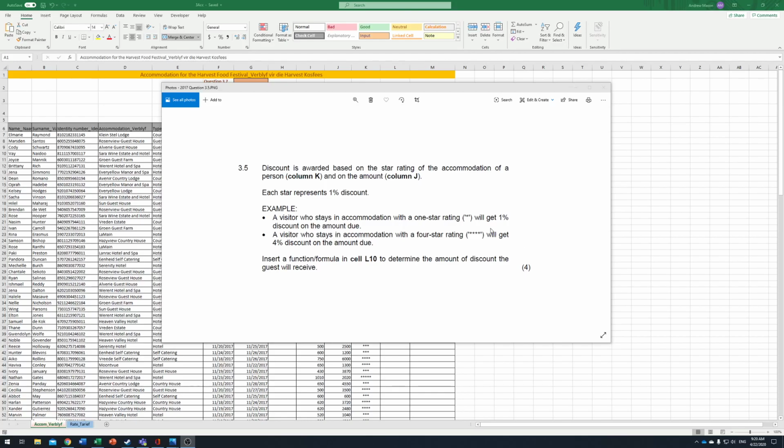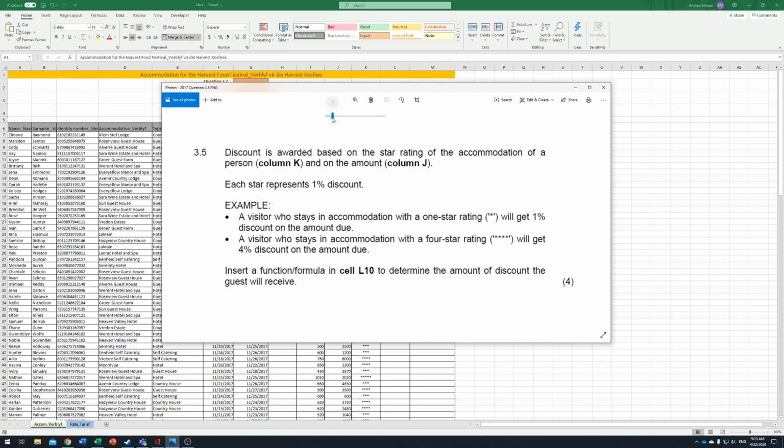Hey guys, by now you have finished Module 3.4's activities with regards to text functions, but we'd like to just bump it up a level and look at the kind of questions that you'll be asked in the exam paper. So I've taken the text formula questions specifically from the 2017 national paper, just to give you guys an idea